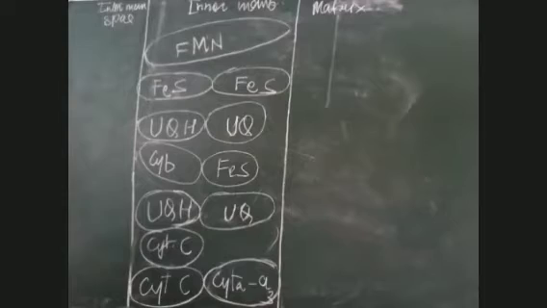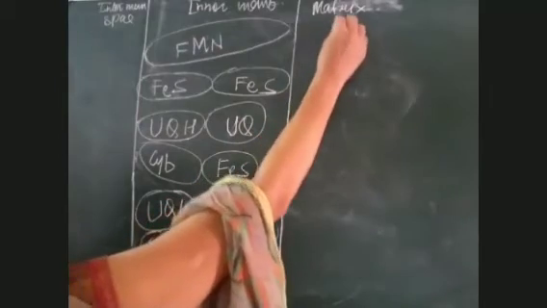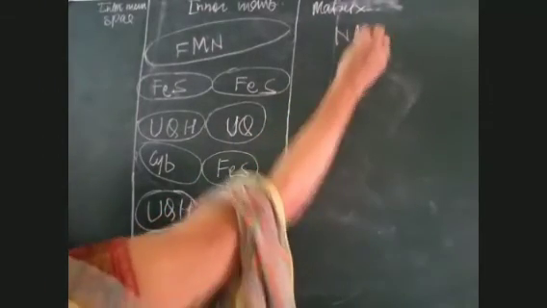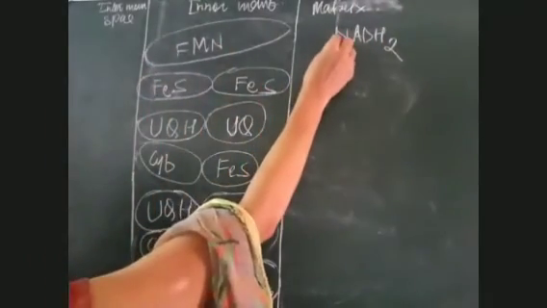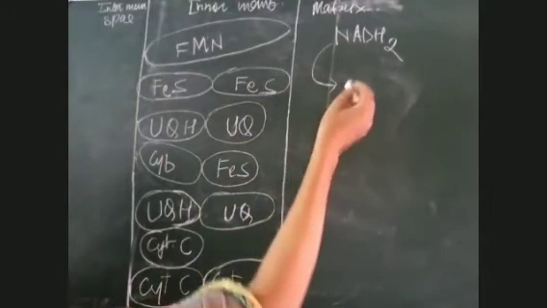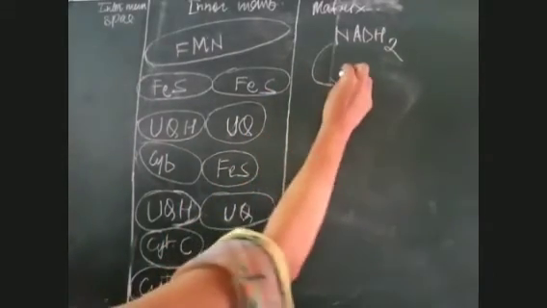Okay, now as a result of the Krebs cycle, 3 NADH2 are formed. Those 3 NADH2 which were formed are high energy compounds, and they undergo lysis or breakdown to release energy, electrons and protons. And how that takes place in the matrix, that I'm going to tell you. This NADH2 undergoes breakdown, and as a result of breakdown, energy will be released. When NADH2 breaks down to form NAD, energy is released.